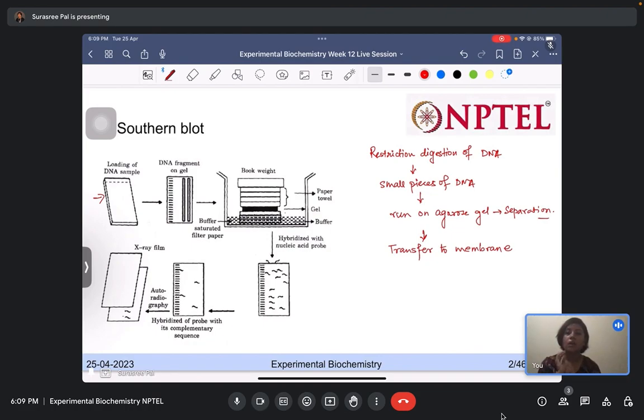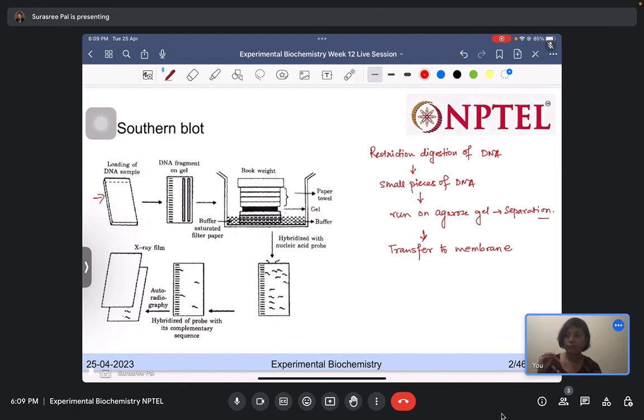But the problem here is that this detection of the DNA fragment is not possible on the gel. So what we do usually is transfer the fragments of DNA, or in later experiments, in the case of northern blot RNA, or in the case of western blot protein,